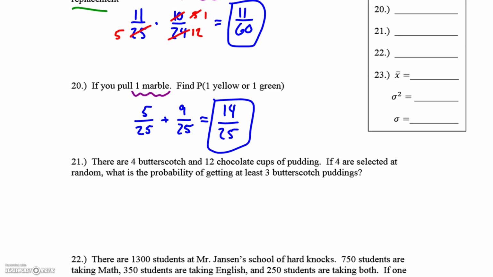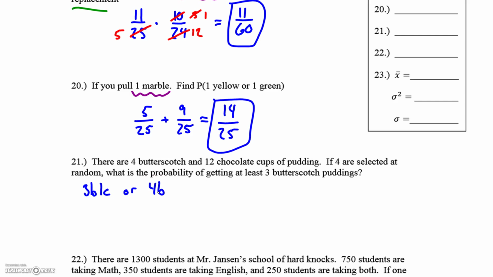If I look at the next one, it says there are 4 butterscotch and 12 chocolate cups of pudding. If 4 are selected at random, what is the probability of getting at least 3 butterscotch puddings? So this is one where instead of telling you exactly what we need, you have to come up with exactly what we need. So 4 pudding cups with at least 3 being butterscotch. That means I could get 3 butterscotch and 1 chocolate, or I could have 4 butterscotch and no chocolates, all